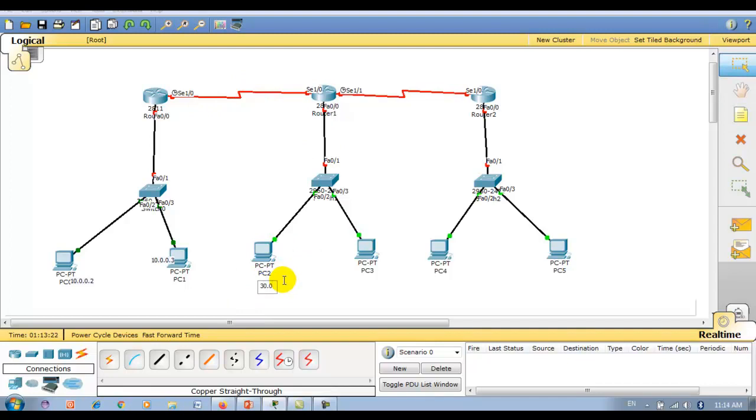Then 30.0.0.2, 30.0.0.3, 50.0.0.2, 50.0.0.3.